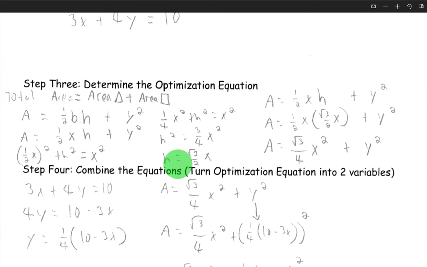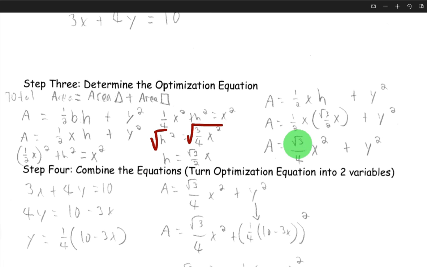Unfortunately, I didn't have room to show all this, but you can see it here. The square root of 3/4 is the square root of 3 over 2x. So h is square root of 3 over 2x. And again, since the area is 1/2 base times height, it would be 1/2 x times square root of 3 over 2x. So the area of that triangle will be